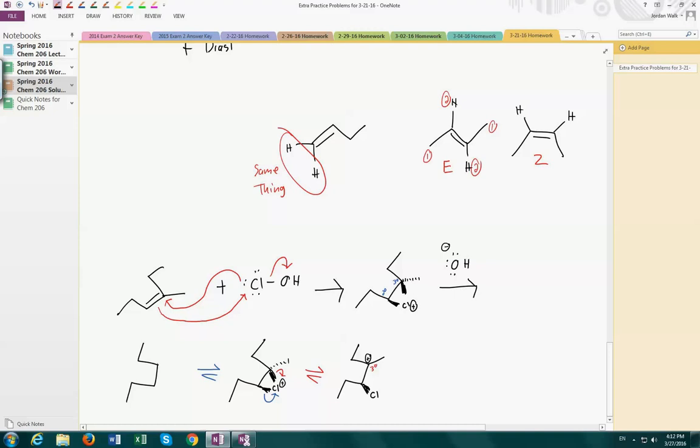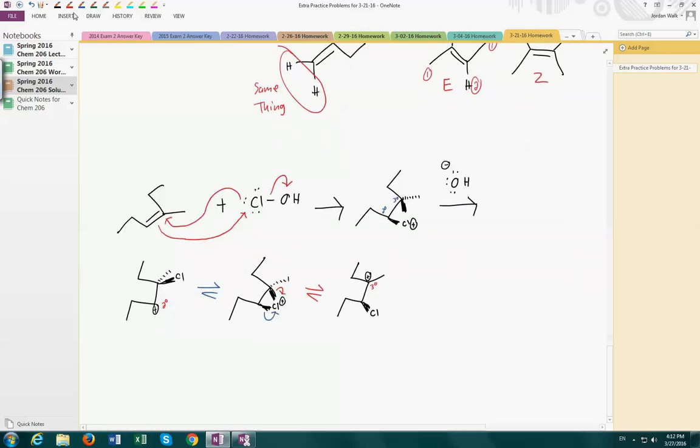And so that is what type of carbocation? Secondary. Yeah, that's a secondary carbocation. I should put that in blue. All right, and so which of those structures do you think is going to be more stable and exist more? Yeah, definitely the one on the right. So this is the more stable